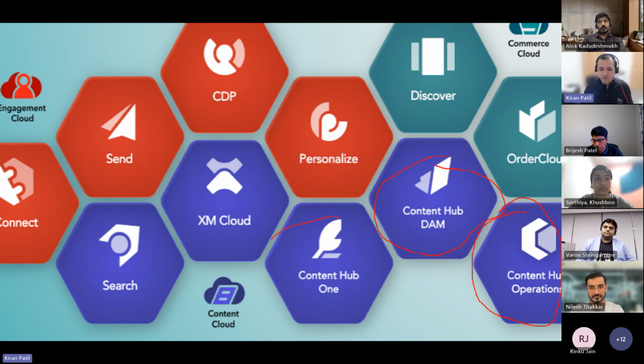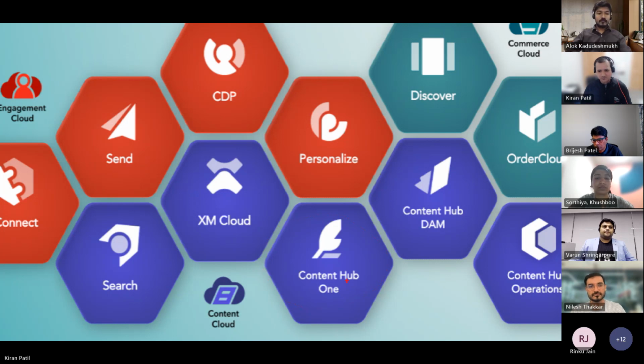And this Content Hub One is a lightweight version of XM Cloud. Not exactly XM Cloud, but it provides content management capabilities with a headless CMS available, because there is a new trend of having a headless CMS where the client is not worried about managing the layout or components at the XM Cloud level. For that, they can use Content Hub One to manage their content, and then build their presentation or front-end layer with any technology using this headless CMS.